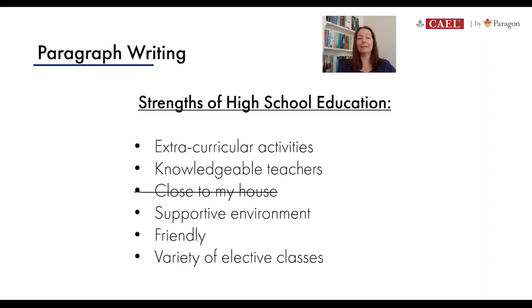Sure, I lived close enough to my high school that I could walk there, which made it convenient, but that's not really what a strength is. That's just a statement of fact. So I'm going to cross that off my list. It's not enough for me to write an entire paragraph about for academic writing. As I continue to look at my list, I do notice that 2 of my ideas are quite similar. So a supportive environment would be one that's quite friendly. So I'm just going to cross the word friendly off my list as well, leaving me with 4 examples of